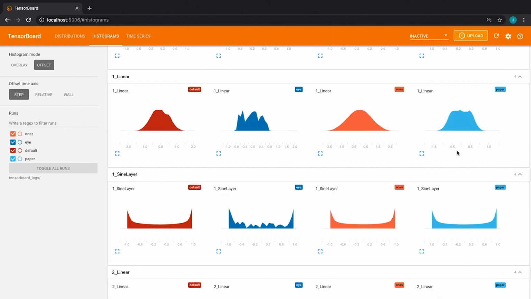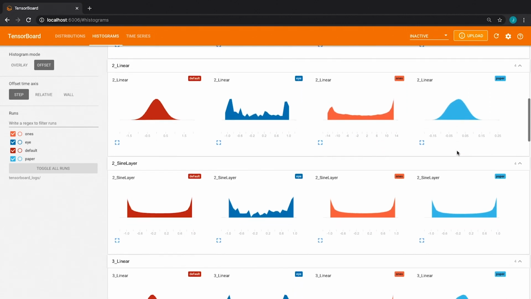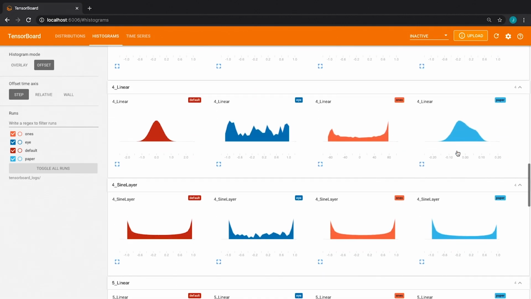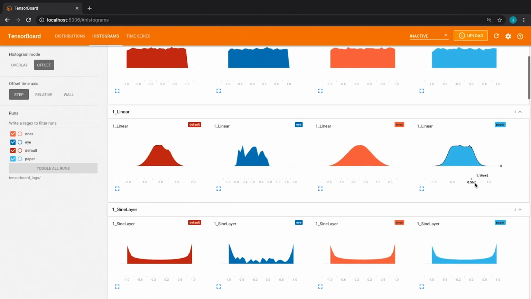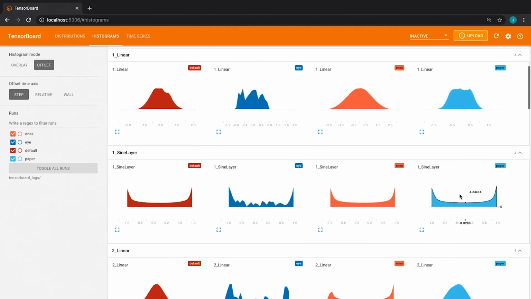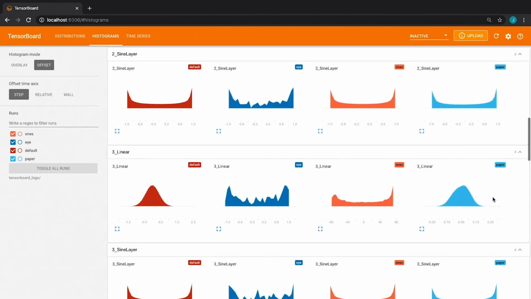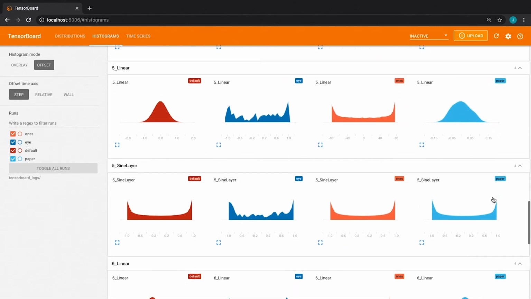It seems like after the linear layers, the distribution of activations is always normal. And after sine layers, it seems to have this funny shape, which is actually the arcsine distribution. And again, it seems to be consistent throughout the network.